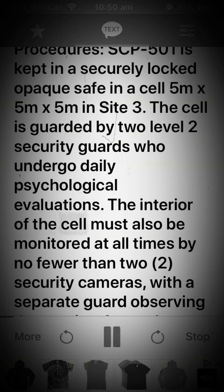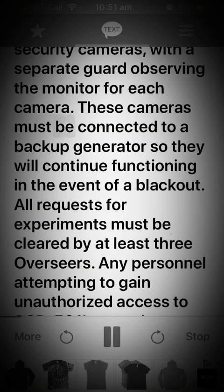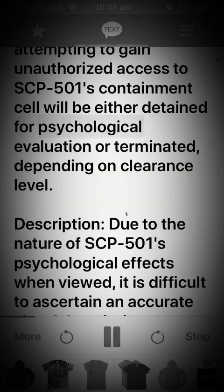The interior of the cell must also be monitored at all times by no fewer than two security cameras, with a separate guard observing the monitor for each camera. These cameras must be connected to a backup generator so they will continue functioning in the event of a blackout. All requests for experiments must be cleared by at least 3 overseers. Any personnel attempting to gain unauthorized access to SCP-501's containment cell will be either detained for psychological evaluation or terminated,